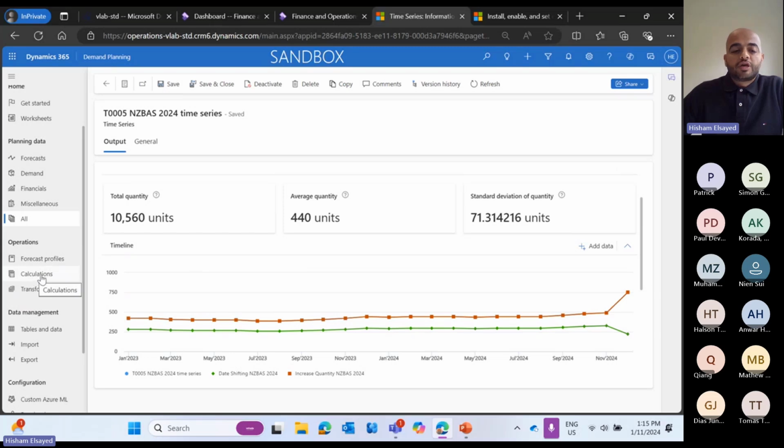So what's the difference between calculation and forecast? Calculation applies my condition or a specific operation on my time series. But forecast uses an algorithm to make analytics for my data. If I come in here,